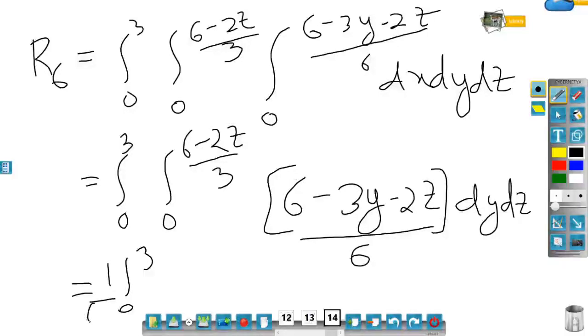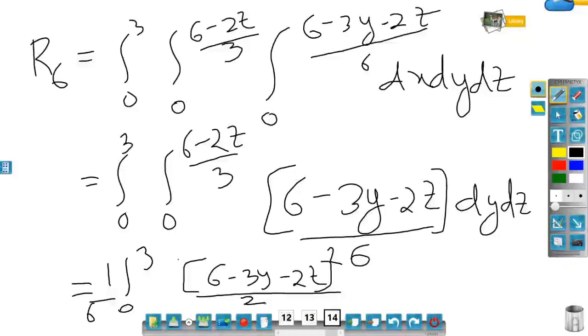This 1 by 6 let me write down outside. Now integrate with respect to y. So this is 6 minus 3y minus 2z whole square divided by 2 into the derivative of the linear term 6 minus 3y minus 2z with respect to y, that is minus 3, and here y ranges from 0 to 6 minus 2z